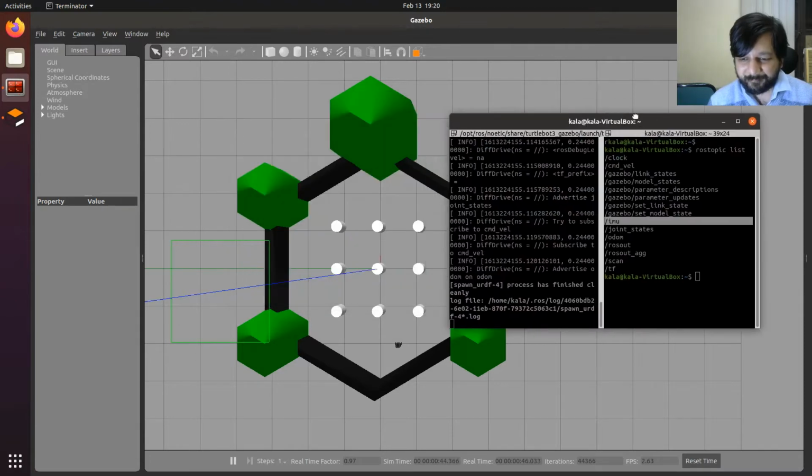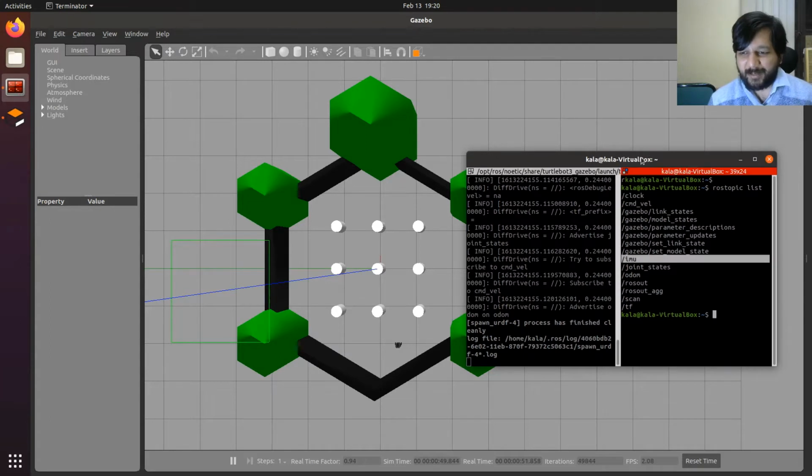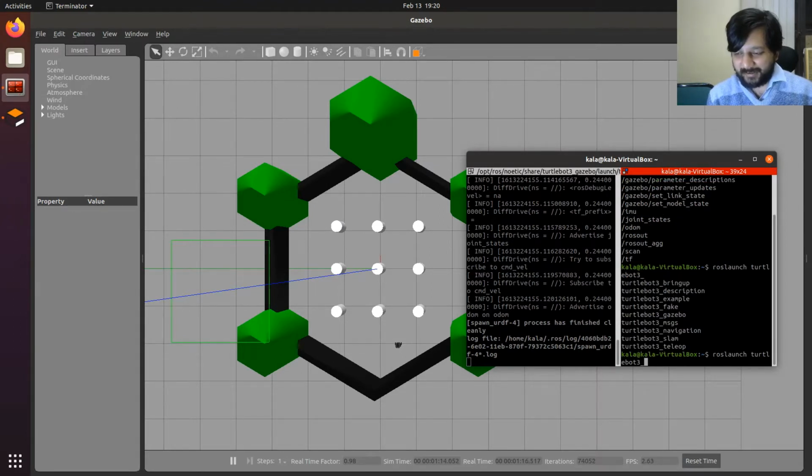So now what's the first thing that we do whenever we get a robot? We run a SLAM over it. Remember, this is not the thing which is in the robot's picture. This is not known to the robot, so the robot will have to do its own SLAM. Treat it like a physical environment, treat it like my robotics laboratory. Let me see if it comes with a SLAM module. So I'm just searching with double tab for whatever the manufacturer has provided me with. So yes, there's a SLAM module, so let me just run it,